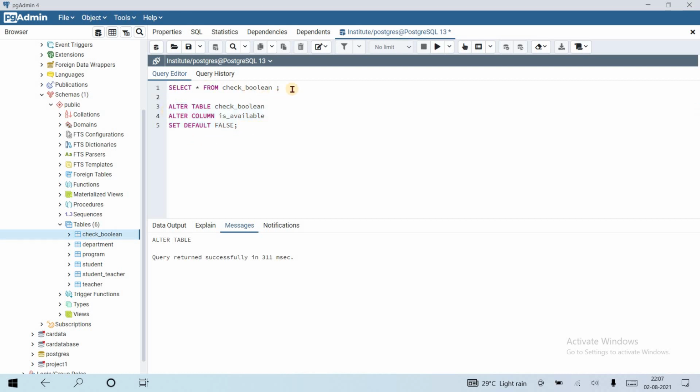Let's see it by inserting a value into the table. Insert into check_boolean is_available values. Suppose I have not inserted any value for is_available, and let's run the query. Just run this query.